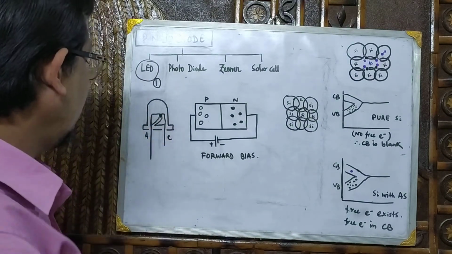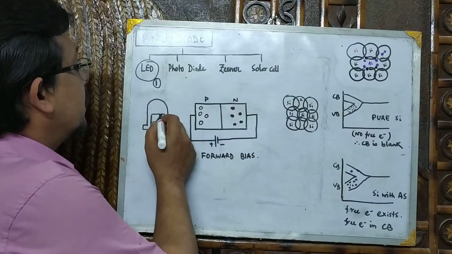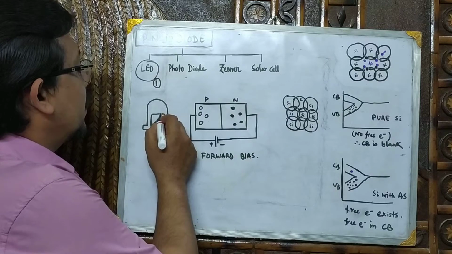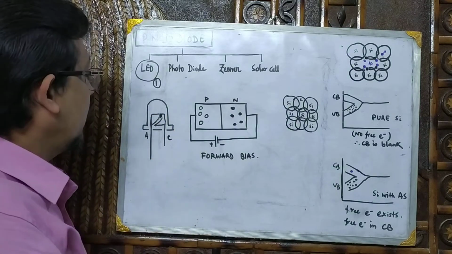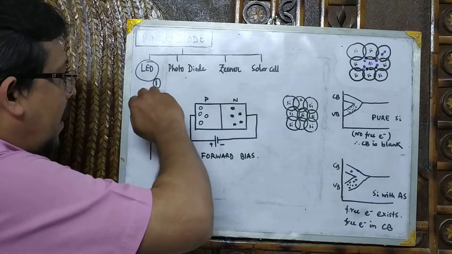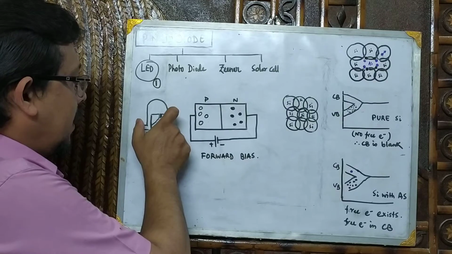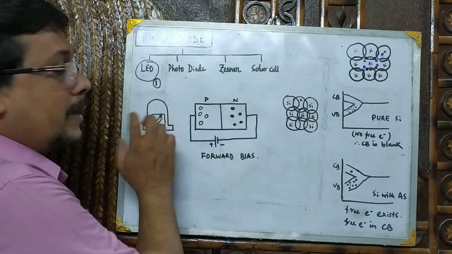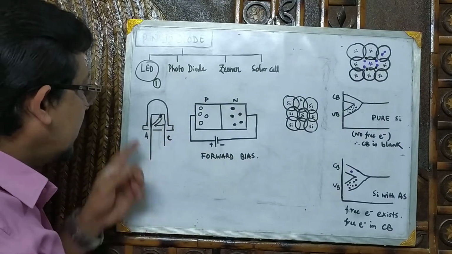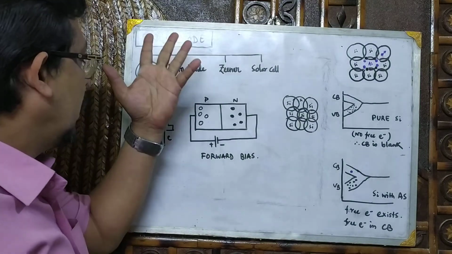So what is there in a PN junction? This is our PN junction diode. It has an anode and a cathode, and in between is the semiconductor material. But the difference is that it is covered by a resin-type transparent cover, so that the anode and cathode do not get any heat from outside. This transparent material is used so that if light comes out, it can glow away.